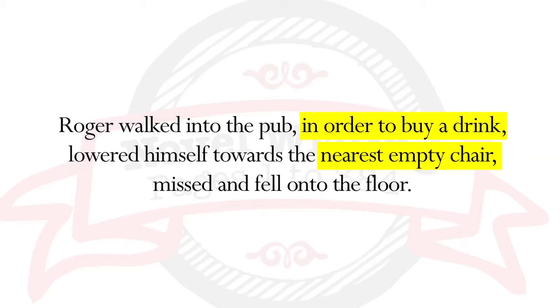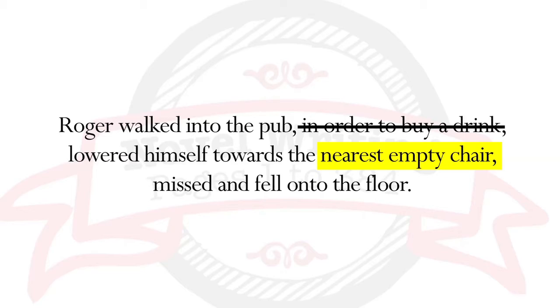For this, you need to look at what is implied by the words, as well as directly told to the reader. If Roger has walked into a pub, you can assume he's there to buy some sort of drink. So the reader doesn't need to be told he was there in order to buy a drink. You would also assume that the chair was empty if he tries to sit in it, so the word empty isn't needed either. Although it does perhaps help the reader visualise the scene because they picture the empty chair before